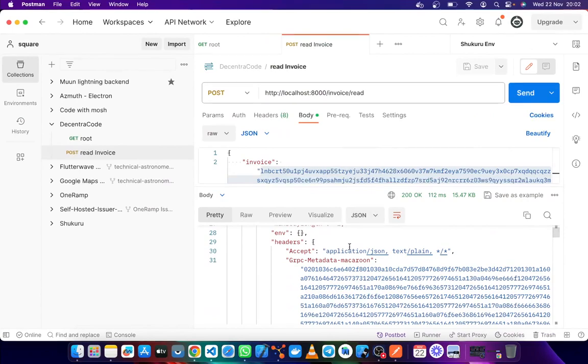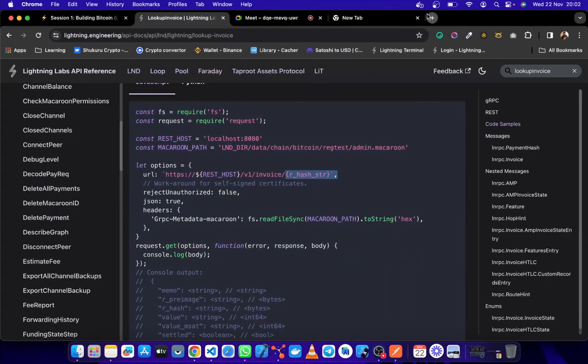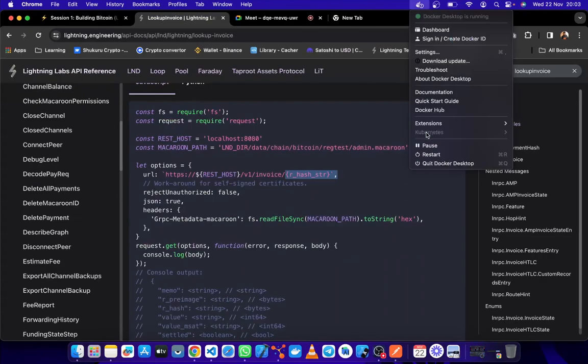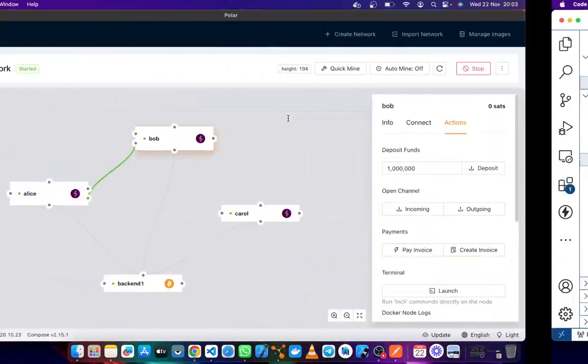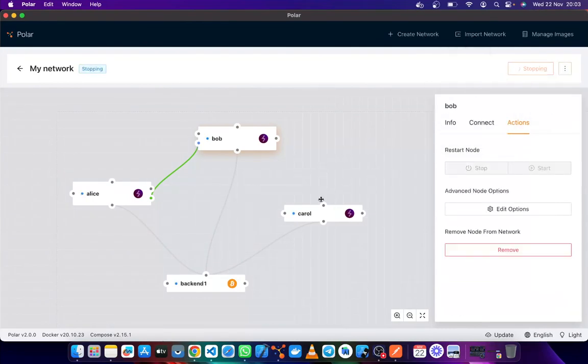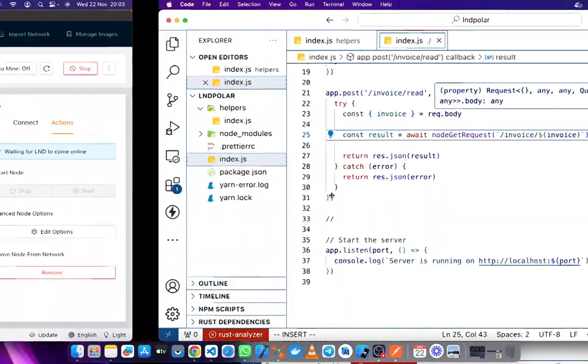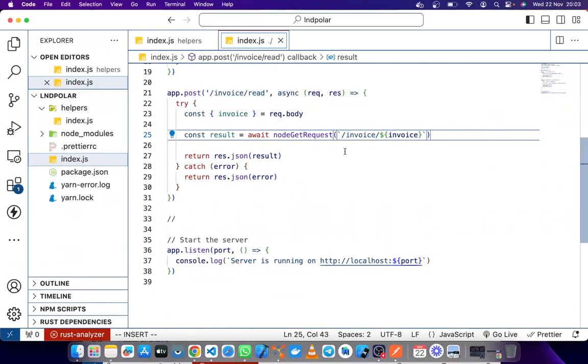Let me just ask, is Docker on? Yes, it's on, but I may need to maybe stop the, maybe let me try to restart. Let me try to restart and okay.